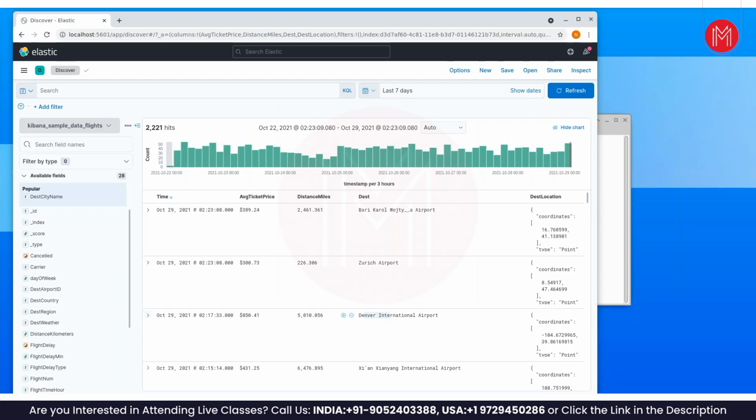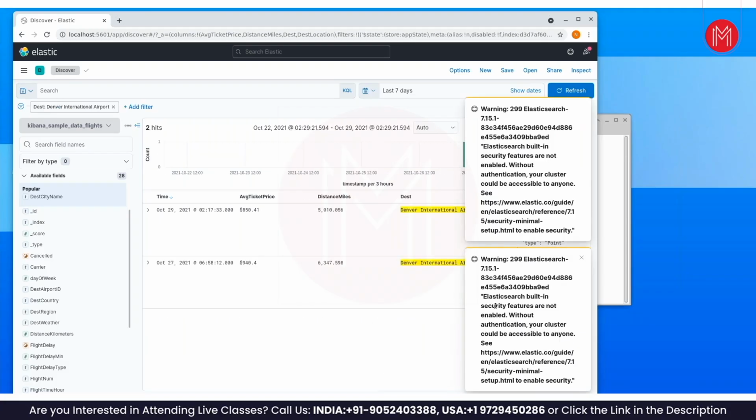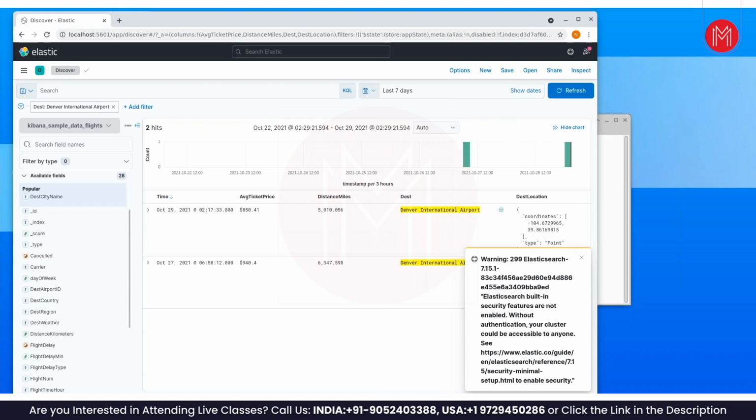If you hover over the Denver International Airport, again you see the option, something called the plus symbol. Do you see the plus symbol on your right hand side? Yes, click on the plus symbol. See, now the filter got applied and you see only 2 results matching the condition. Out of 2221 records, items matching the Denver International Airport is only 2 occurrences